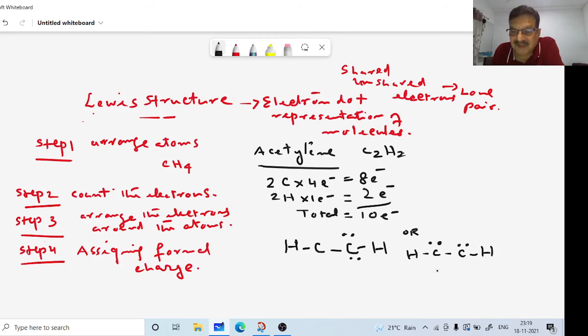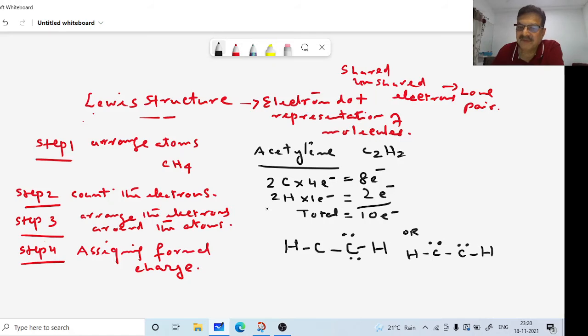Okay. Now, the principle here is, after placing all the electrons in the bonds and the lone pairs, use the lone pairs to form a multiple bond if an atom does not have an octet. Now here the carbon does not have an octet. We have placed all the electrons in the bonds and the lone pairs also, and still the carbon does not have an octet. Therefore the procedure is you form a multiple bond.